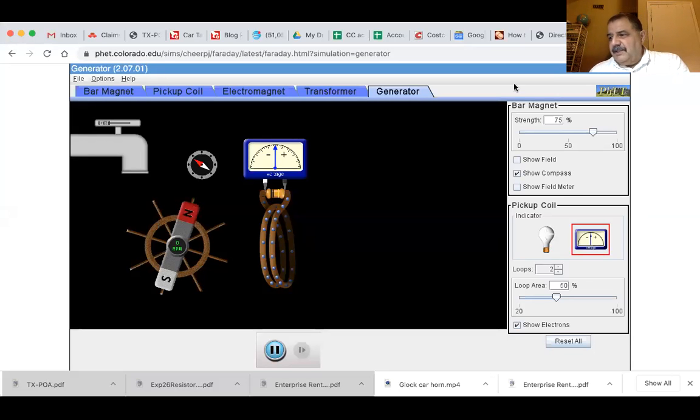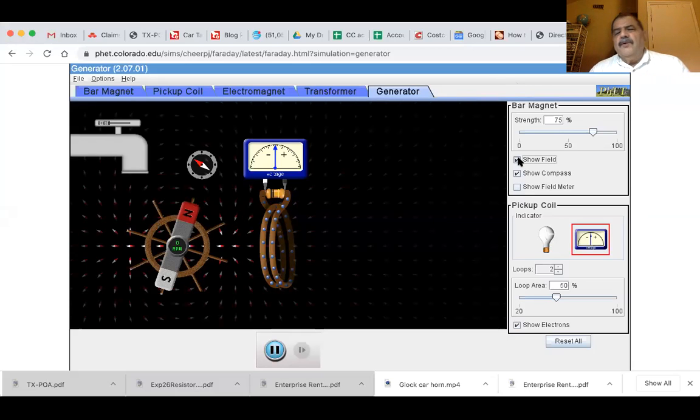Okay, we are at section 20.4, generators, but before I get to the PowerPoint slides, I'm going to run a few simulations. First off, we're going to run a... no, that's not the one I want. I want to show the field. We're going to run a generator with a